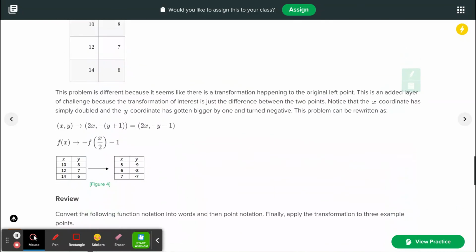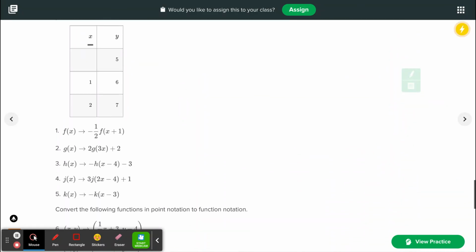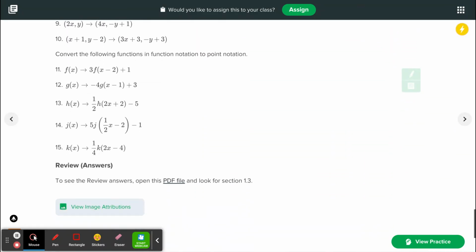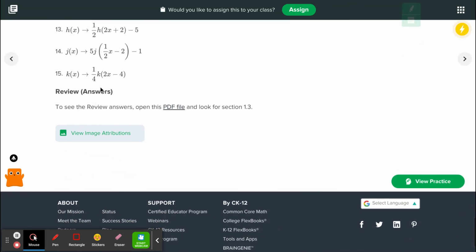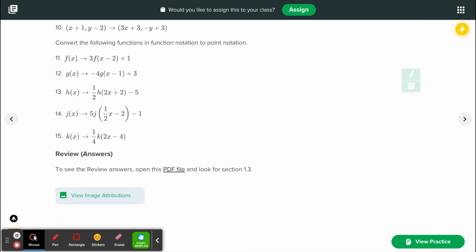Also down here, as a reminder, there are some review problems. Feel free to go through those, and if you want to check out the answers, you can check out this PDF file right there. Just remember to click on this View Practice button and make sure that you practice those problems. You want to get 10 correct